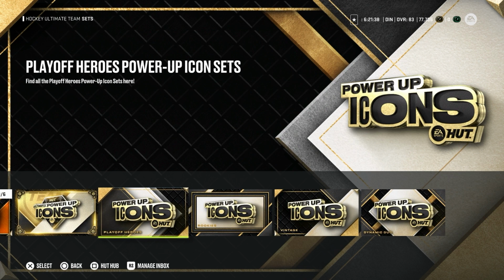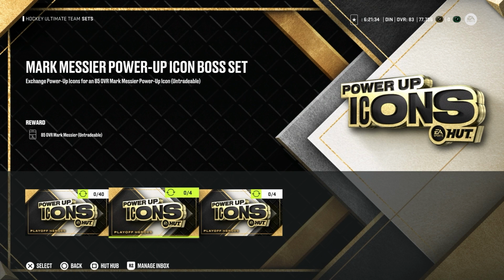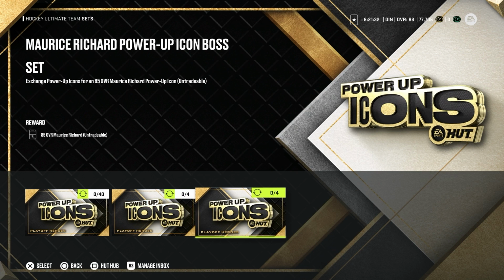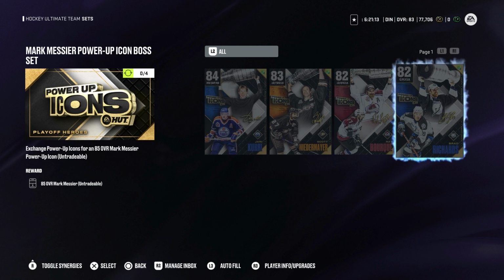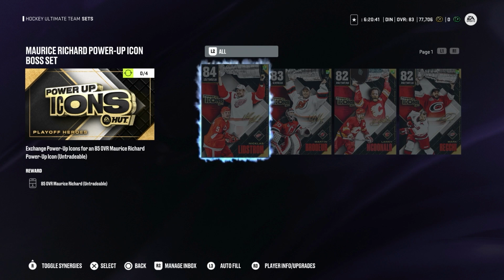Let's say you open the Play of Heroes power-up icon set. You will see there is one for Mark Messier and one for Maurice Richard. To get an 85 overall Mark Messier, you need to trade all these lower overall power-up icons. Then about Maurice Richard. To have his 85 overall card, you need to trade in these lower overall between 82